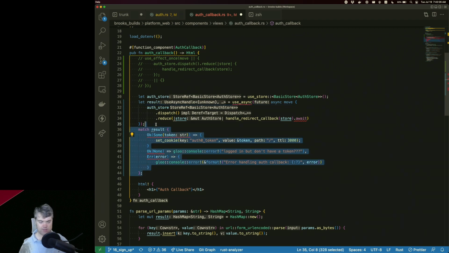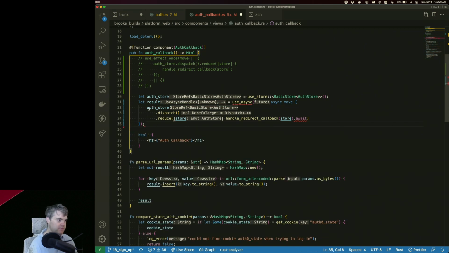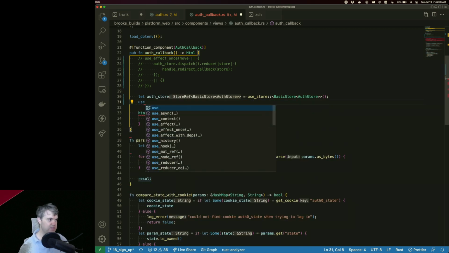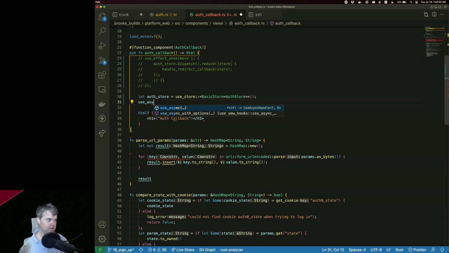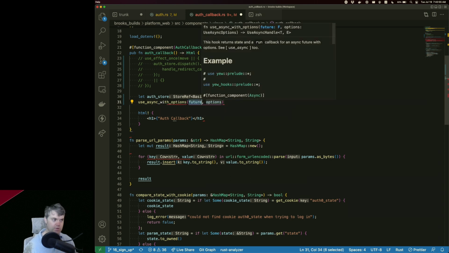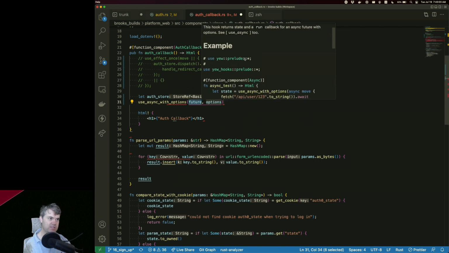So hold on. Let me try this again. Use async. So I have use async and use async with options. What's that one? This hook returns state and a run callback for an async feature with options.